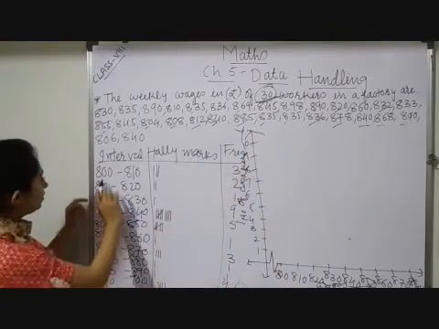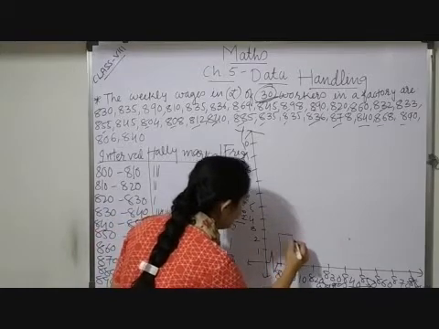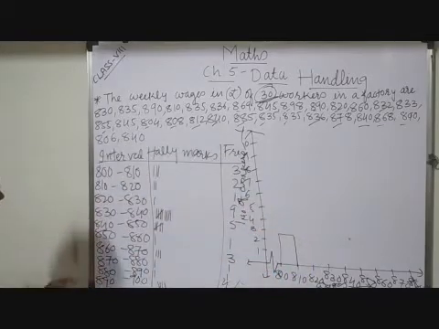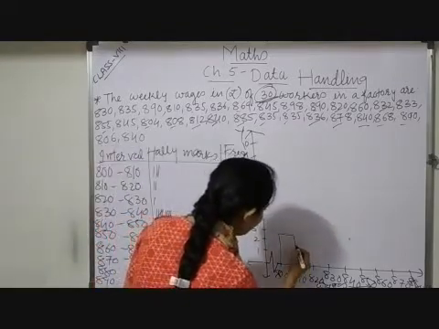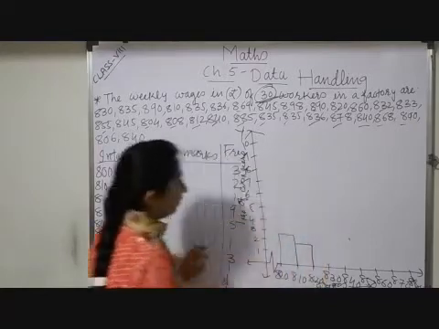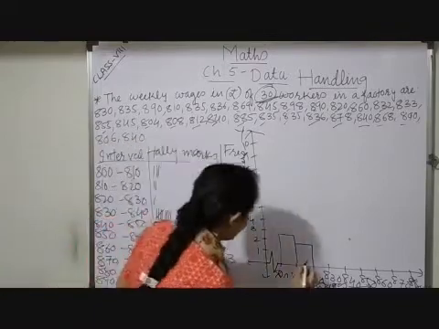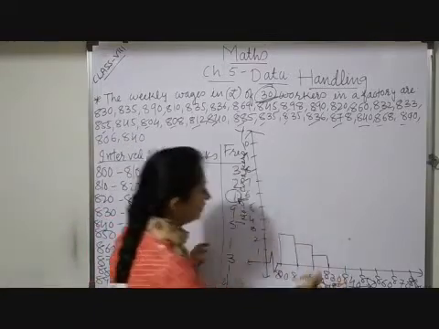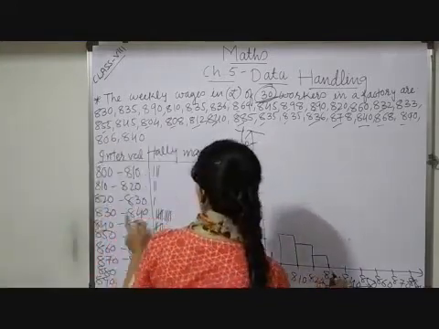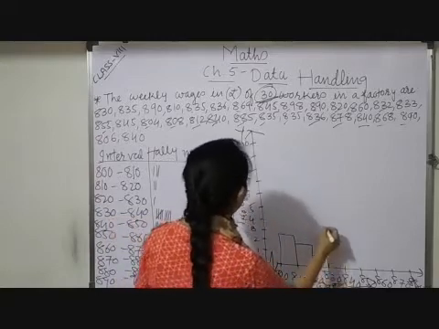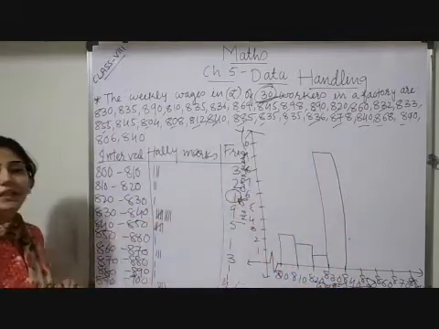Now see, in the range of 800 to 810, how many workers are there? 3. So it's a bar I can draw like this. Now from the range of 810 to 820, I am having 2 numbers, 2 observations, 2 workers are there. So you have to represent like this. Then 820 to 830, how many are there? 1. So in that range, I am having only one worker, so you may represent it in this manner. 830 to 840, range is 9. So like that, using a ruler, you have to draw each bar.